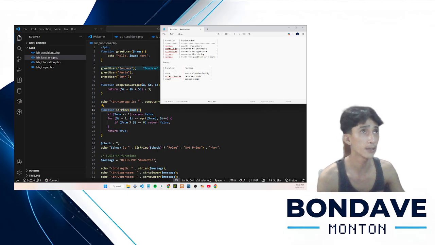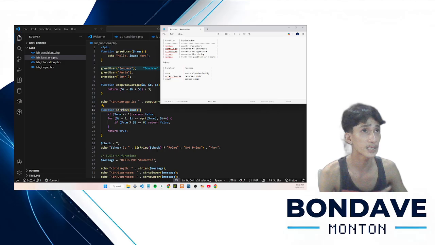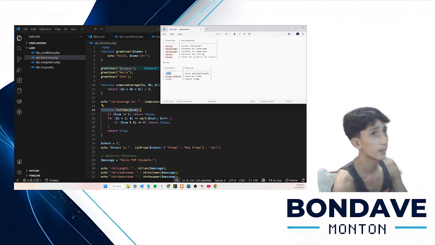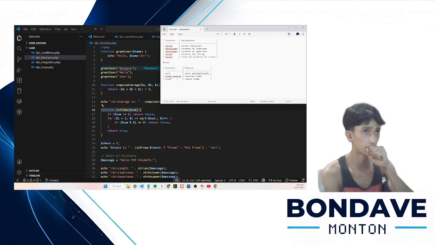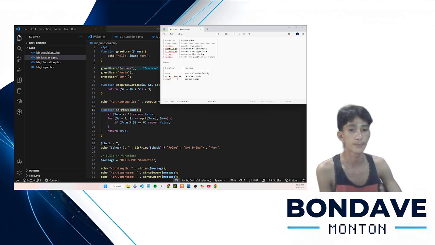Next would be strpos, which finds the position of a word. And for arrays, sort sorts alphabetically, array_reverse reverses the order, and count counts the items.